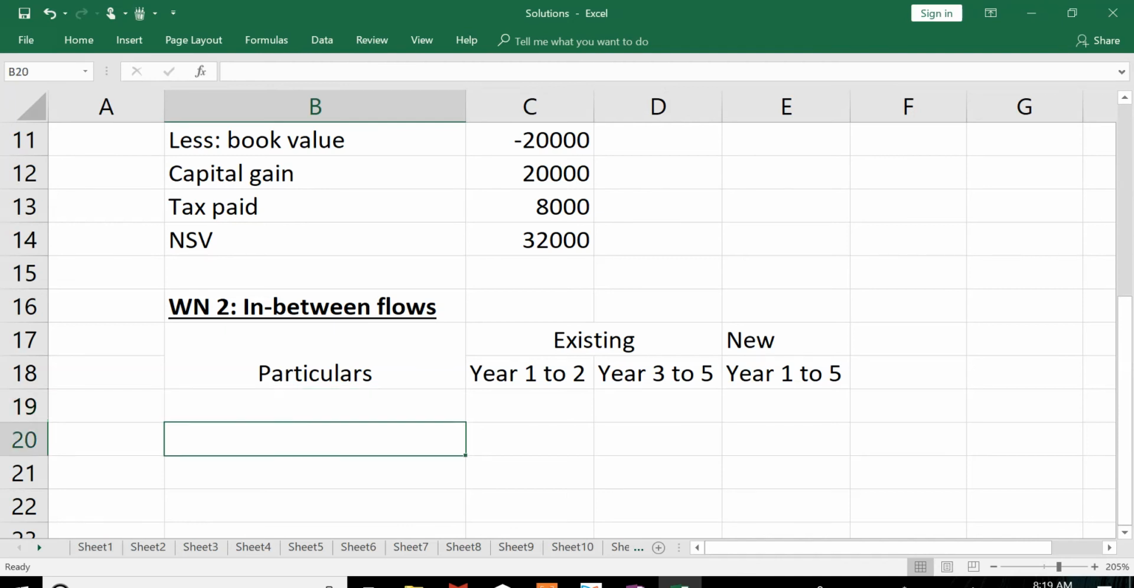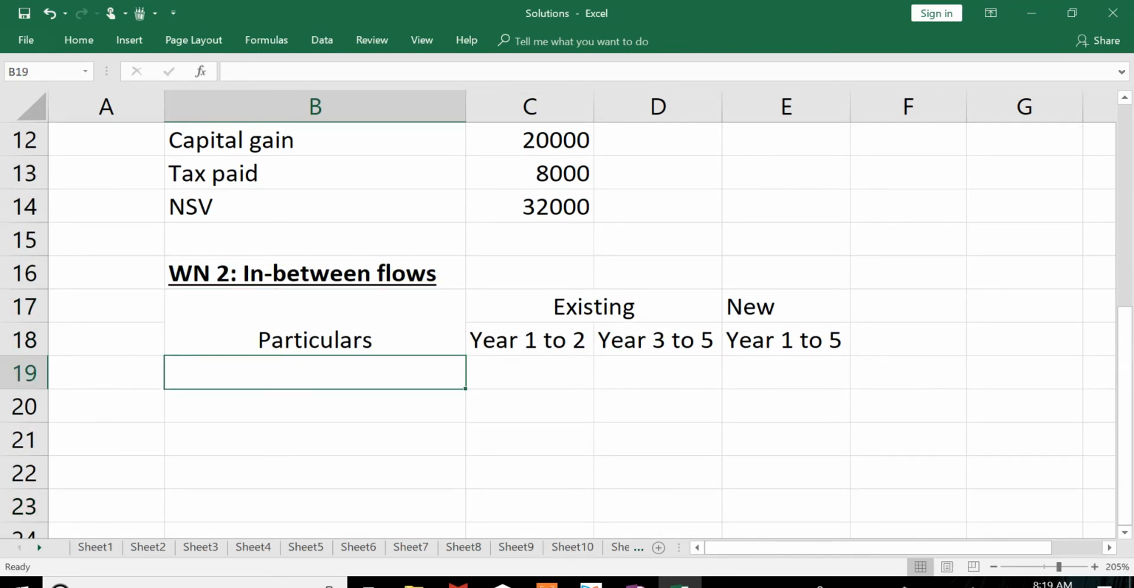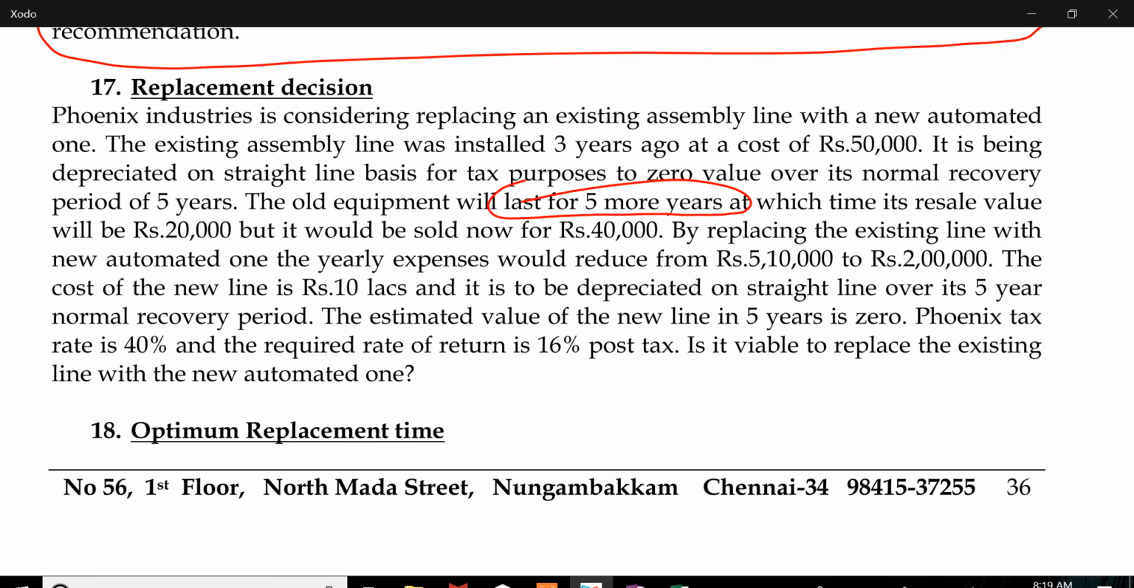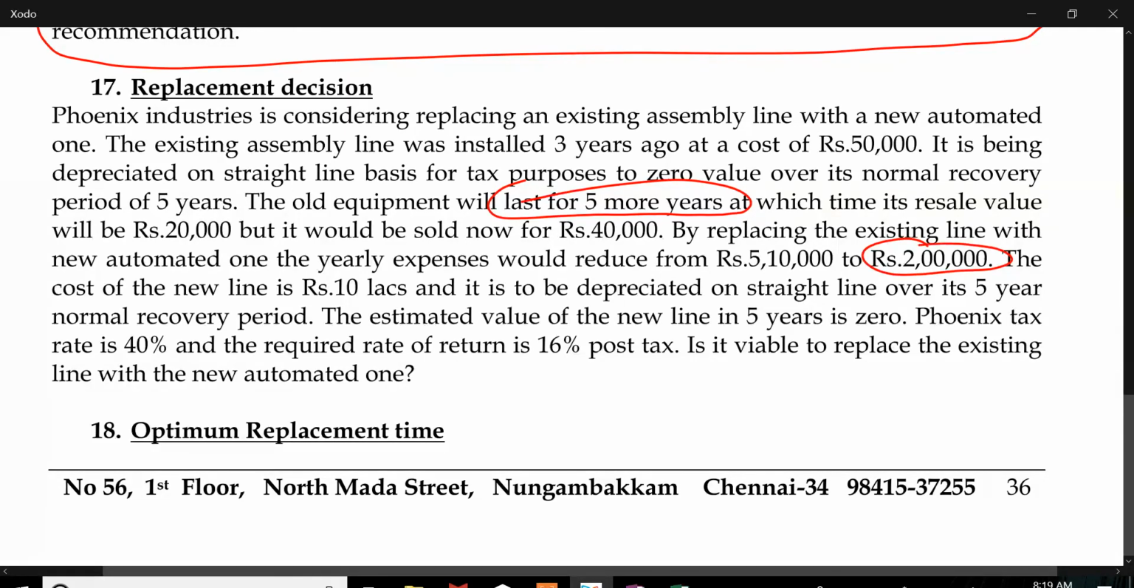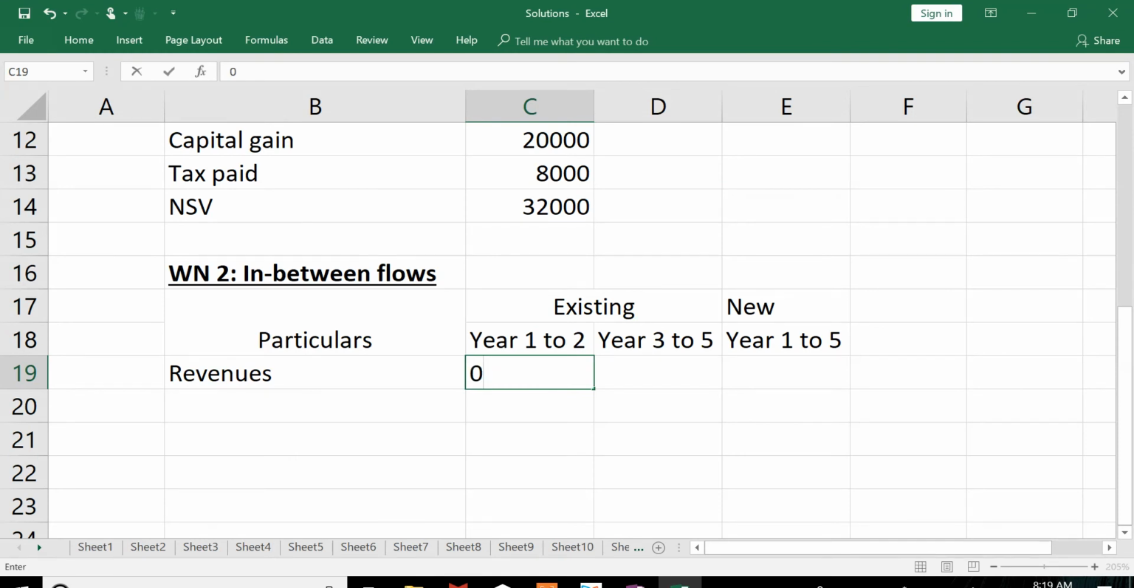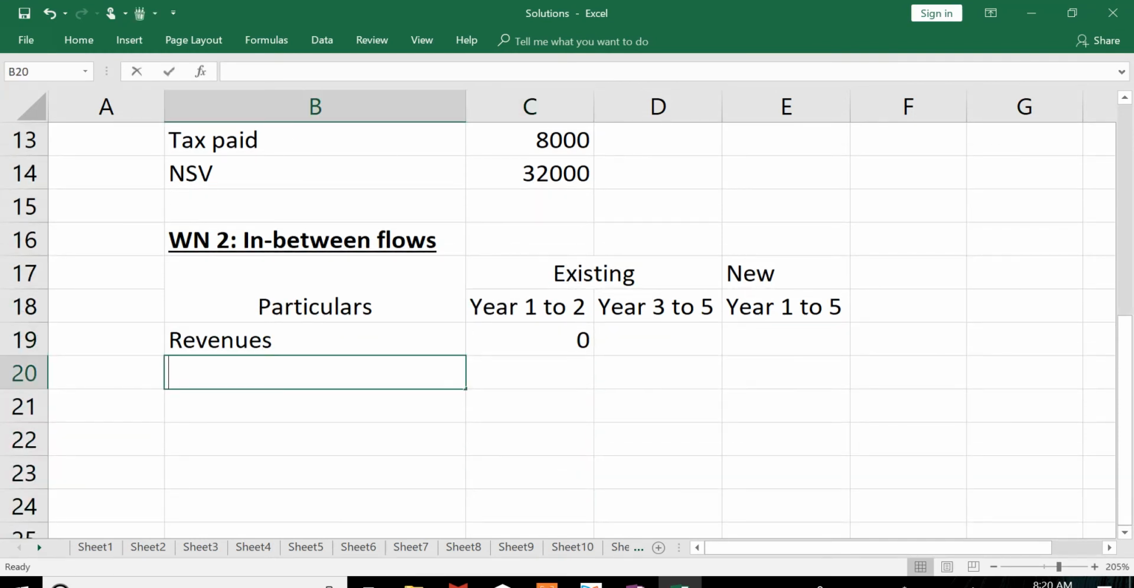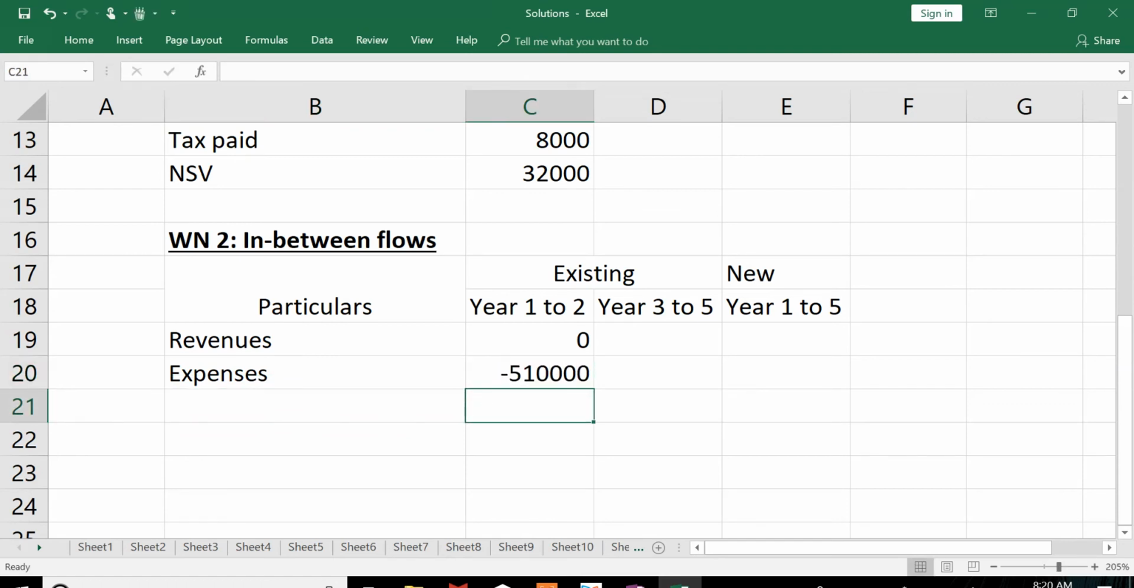Can we start? Now, let's analyze existing machine on a standalone basis. Don't keep comparing, you will get confused. Revenues, any revenue given in the question for existing machine? What is the only item you have for existing machine? Expenses will be 5,10,000 and it will reduce to 2 lakhs in the other machine. Listen for some time. I'll write revenues as 0. Expenses is going to be 5,10,000. I'll get PBDT as